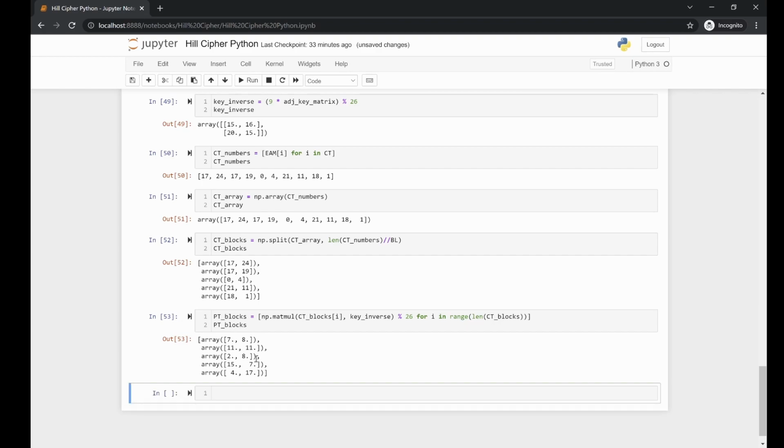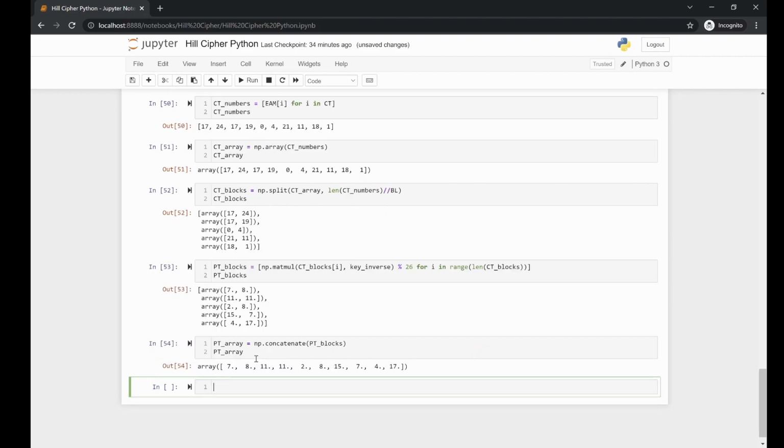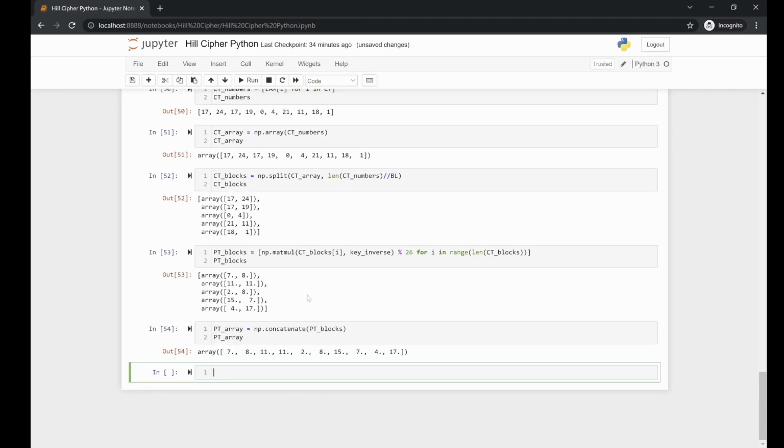Again, we can concatenate these values and get one array instead of 5 arrays. Call this pt array. Use the concatenate function in Python from the NumPy package, and pt array. And there we go. We have our plaintext in